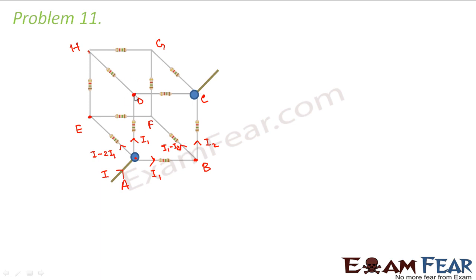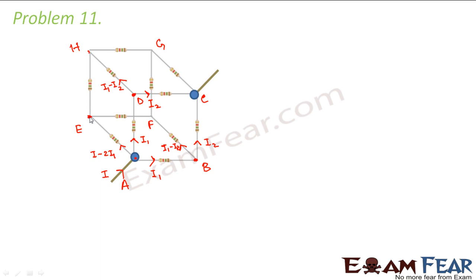Now let us look at point D. From point D also there are 2 possible paths, this one and the other one. If it goes through this path, it has to cross 1 resistor. If it goes through this path, it has to cross 3 resistors. So here also the amount of current will be different. Through 1 resistor, the same amount of current will flow as it flowed through this 1 resistor, that is I2. Therefore, how much current will flow through this? Total was I1, so this will be I1 minus I2.